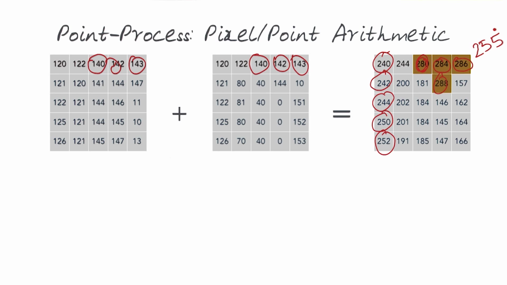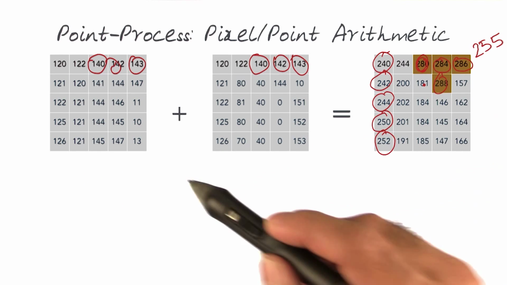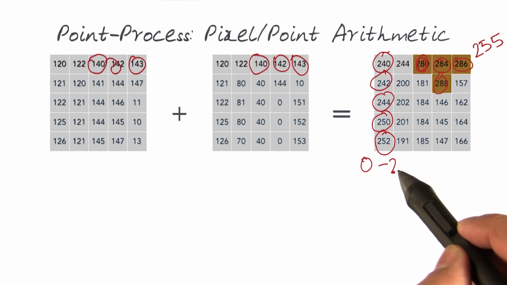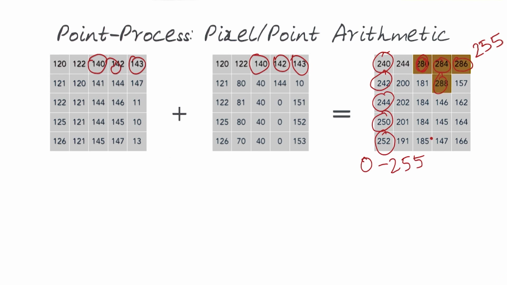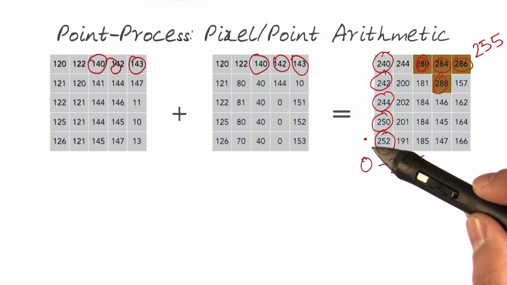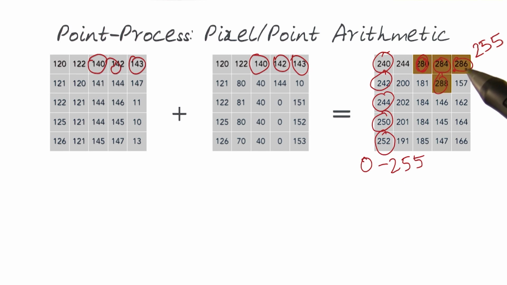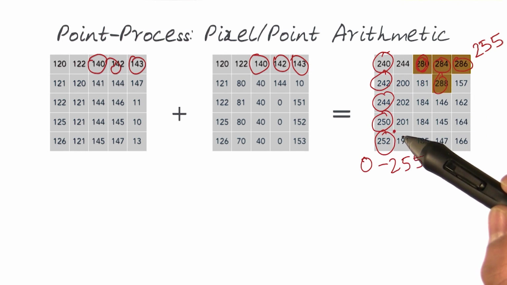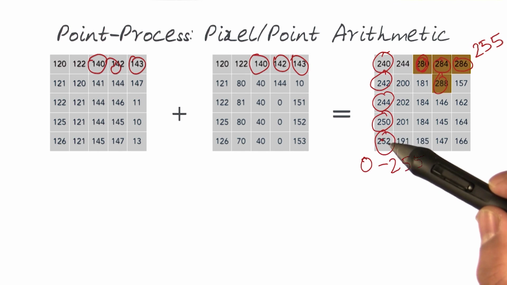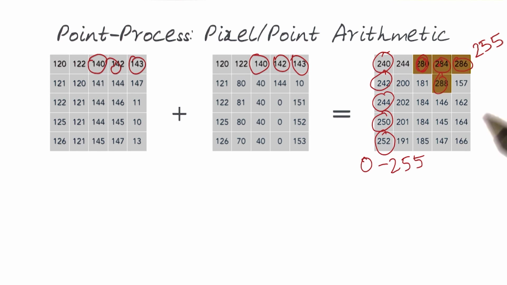So we need to now actually do some other types of processes to help with this. Because, as we have learned, an image can only have values from 0 to 255. So we need to start thinking about what to do with images when you start getting values like this. And part of the secret is to be able to scale this up. So basically these values become 255, i.e. white, and the rest of them get reduced appropriately in the scale from whatever is the lowest value to the highest one, to be able to capture the change of the ramp of the image.